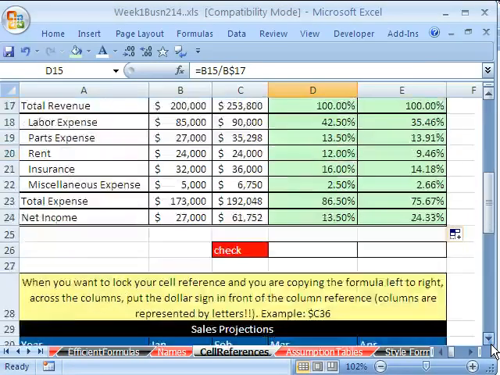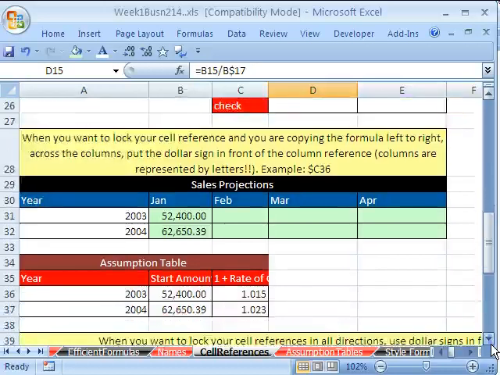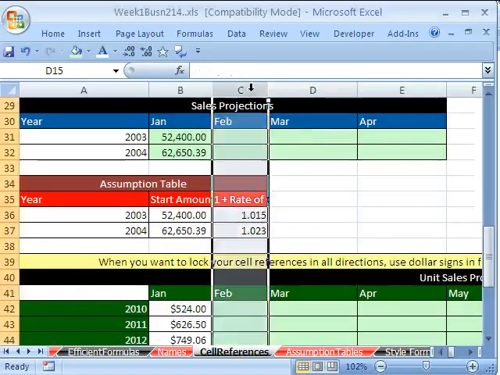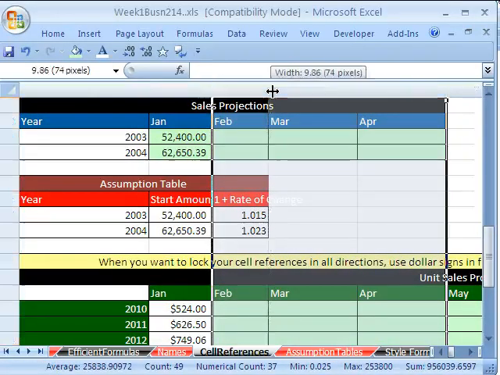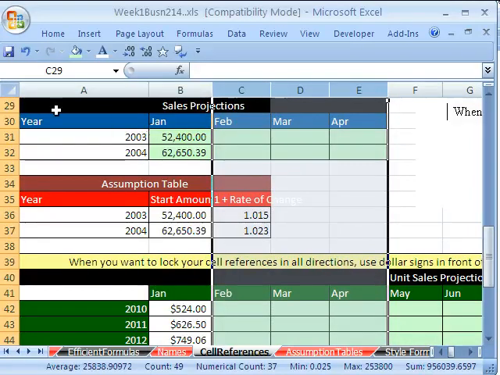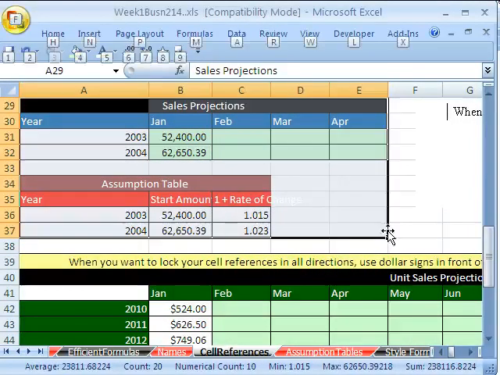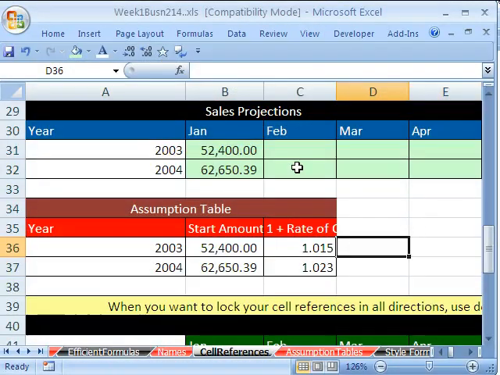Now we're going to go down and look at a next example. Here's an example of what you would do for locking the column reference but not the row reference. Here's our sales projected. We have our year. There's our numbers for January. We want a formula here that we can copy over and down, and it will give us exactly, for